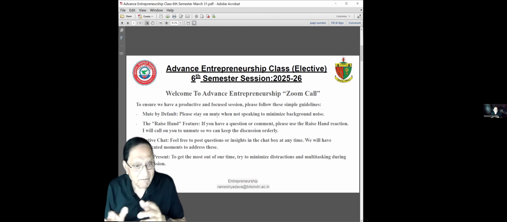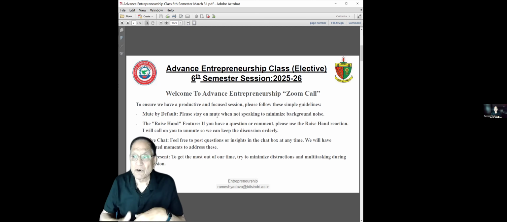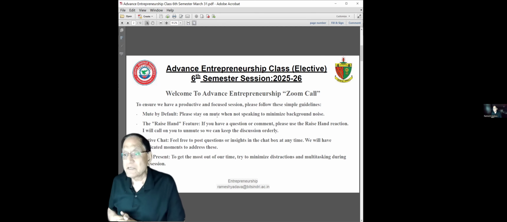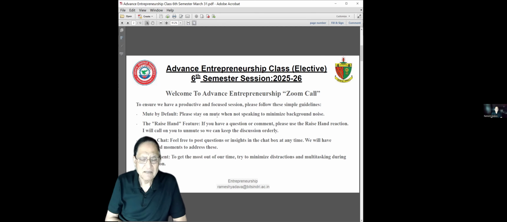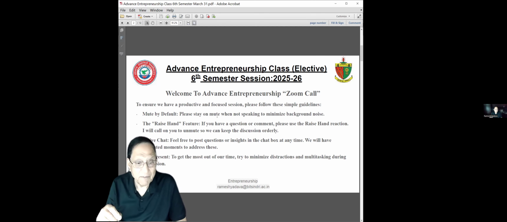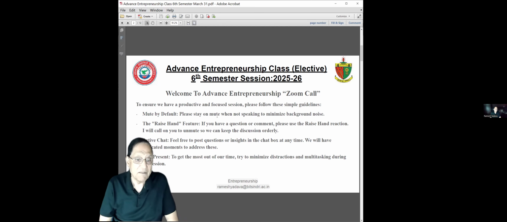Also, we will have an active chat box. दूसरा जो है कि कोई भी सवाल हो, immediately आप chat box में लिख सकते हैं. चाहे वो कैसा भी सवाल हो. You will get an answer to your question, or your concern will be addressed. And then stay present.